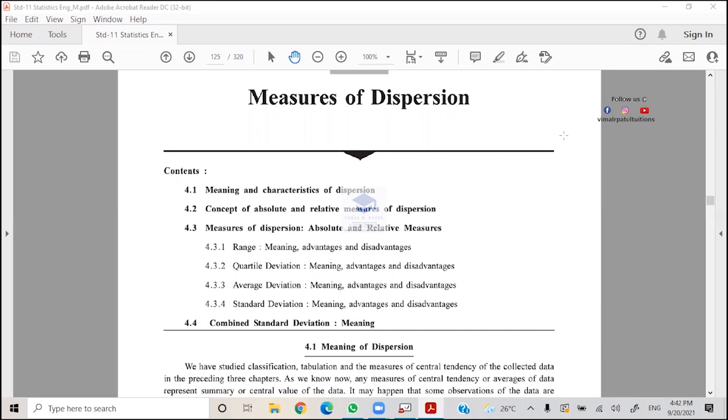For example, if I say the average marks of students in a particular class, in a particular school, out of 50 is say 38. So this is mean marks, average marks, or median marks. But not each and every student will have 38 marks. Somebody has scored 18, somebody has scored 25, 27, 29, 42, 50, 49, 48, 45. So from the average marks, how far the other observations are scattered.